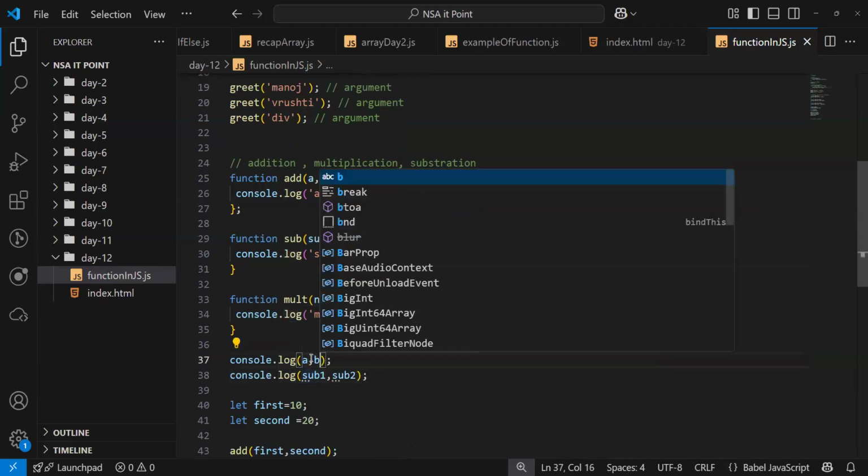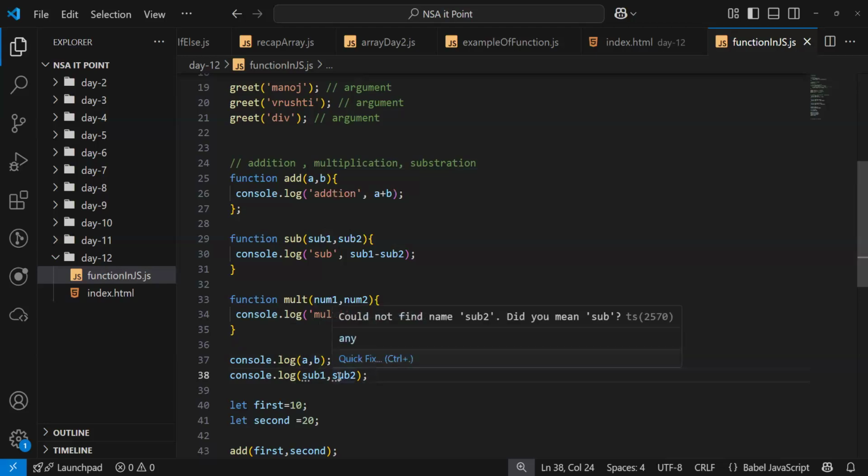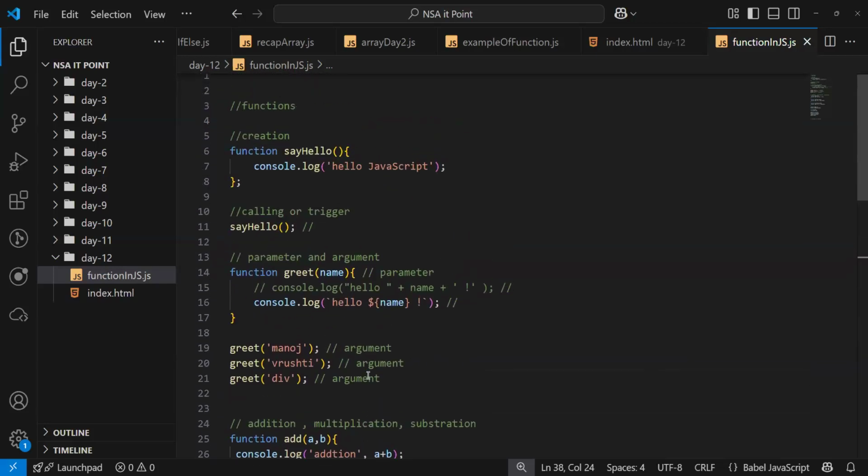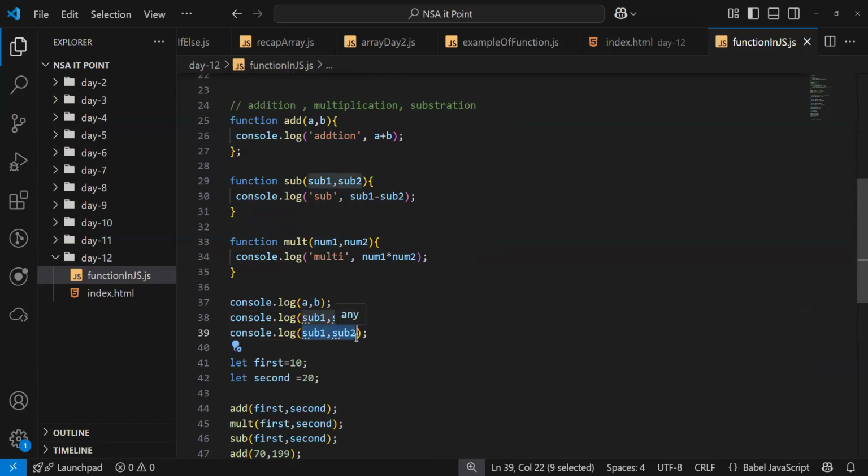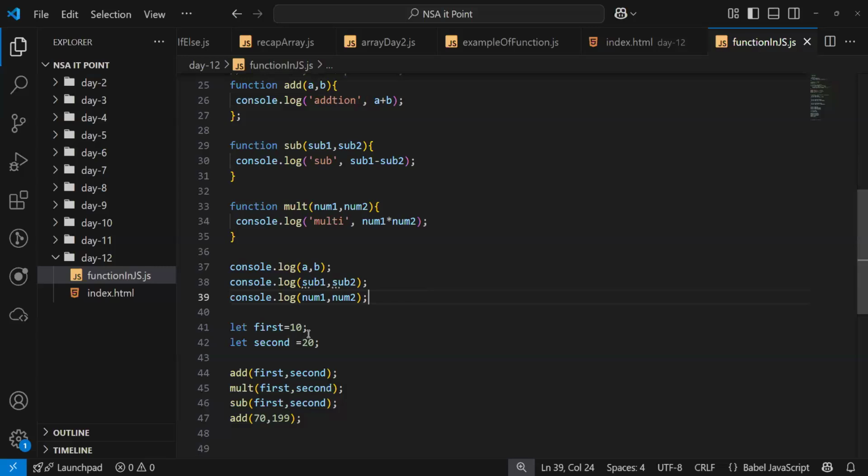It will not be able to find a and b, because I didn't create a and b anywhere. So sub1 minus sub2, num2 minus num1, any of them.